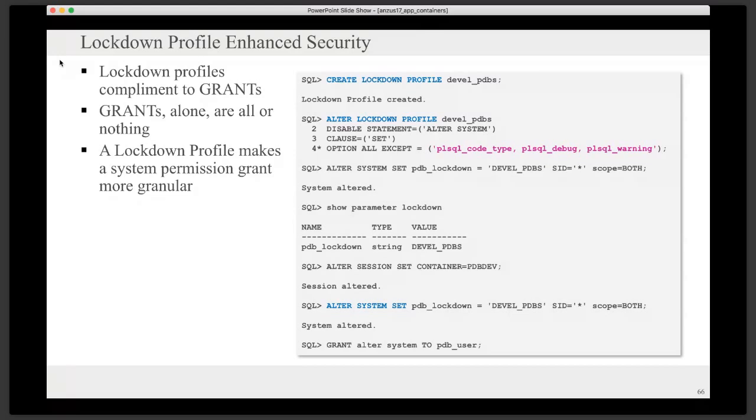So the lockdown profile I've got here, I created a lockdown profile called DEVELS, PDBs, Developers, Pluggable Databases. I said disable the alter system statement with the set clause. So you can still do alter system stuff without set potentially, but disable it with the set clause, except if they're doing alter system set PL/SQL code type, alter system set PL/SQL debug, or alter system set PL/SQL warnings, and then later on down near the bottom you can see